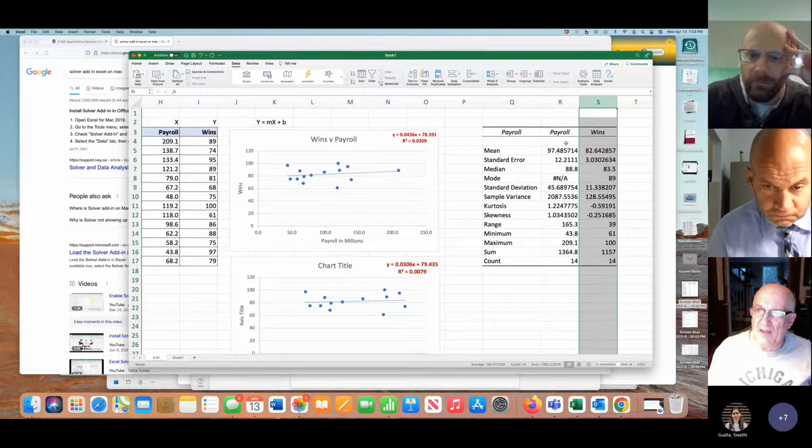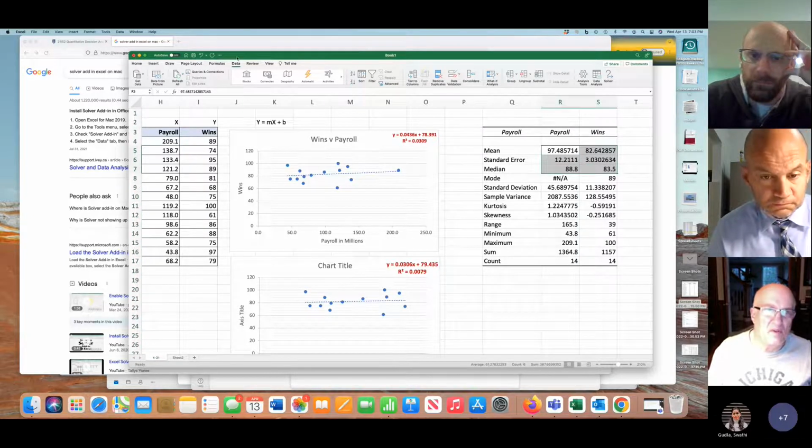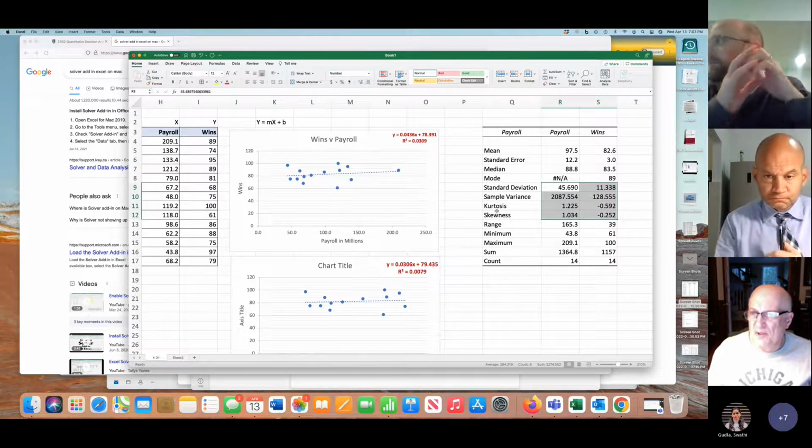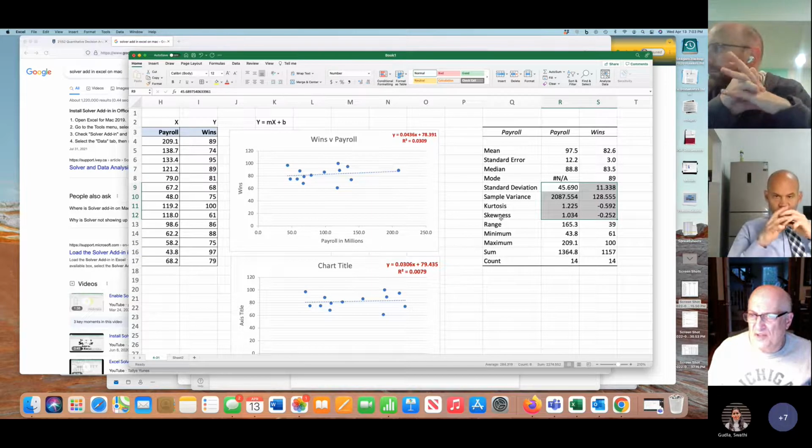And what do I have? I have my mean, I have my standard error, which you probably don't know what it means yet, so we're going to ignore some of that stuff. I go Home, probably make these 1 variable. I'll probably make all this stuff 3 variables. Kurtosis and skewness, you're not going to need. Skewness means one tail of the distribution is way longer than the other tail. But I've got my mean, I've got my standard deviation,